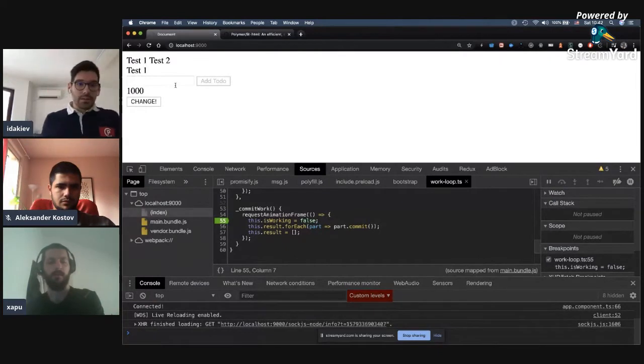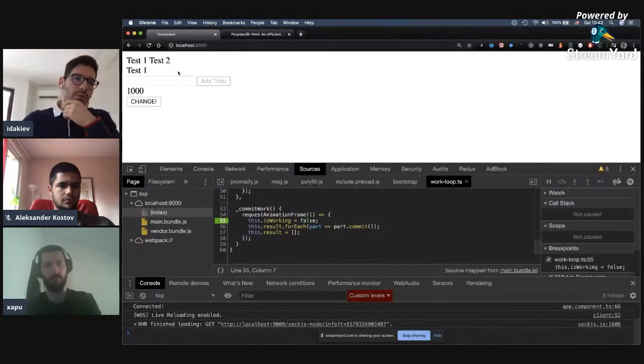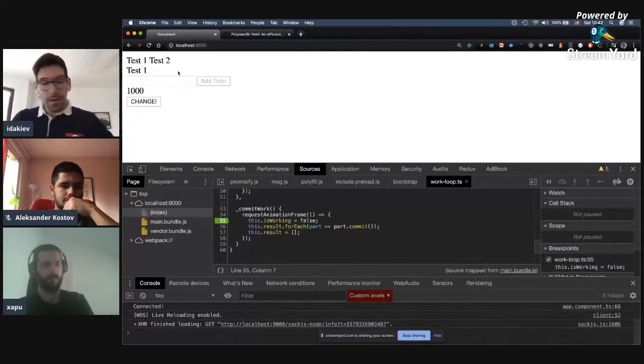But sadly, this is not how lit.html works. And to see how it works, I suggest that we just start by removing everything that we currently have and create a simple web component that uses lit.html